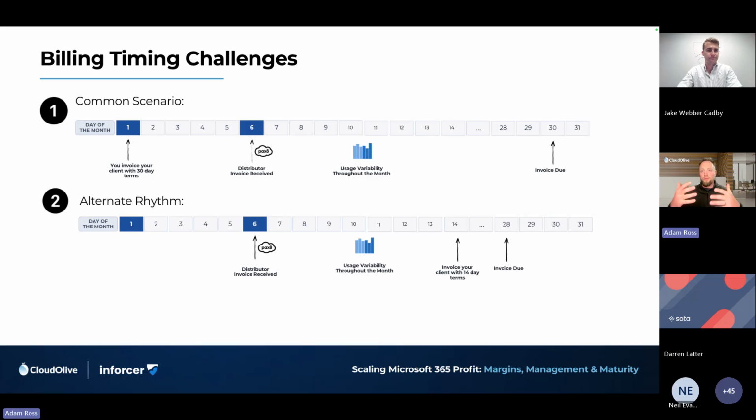Because of those two problems, it becomes incredibly complex. And one of those timing things is the decision the MSP makes on when you bill your customers. If you're doing managed services, I do think that they should go out on the 1st, because that's just a very simple assigned count at a point in time across license types. It's not an invoice. You cannot get that data from an invoice. So it's an alternative report, something Cloud Olive can also help you with in getting that source data.